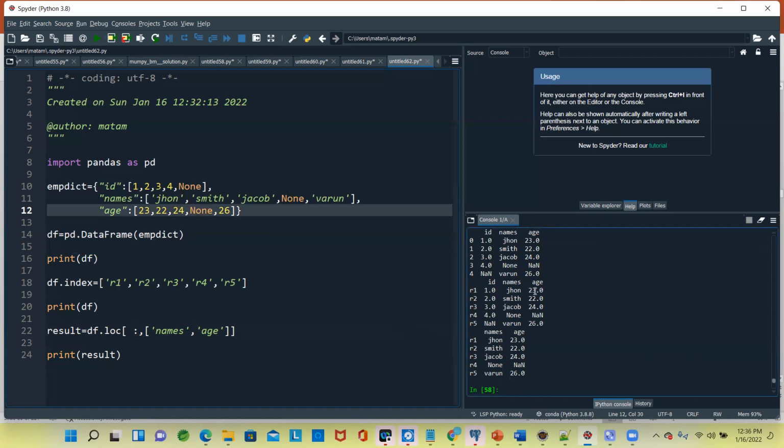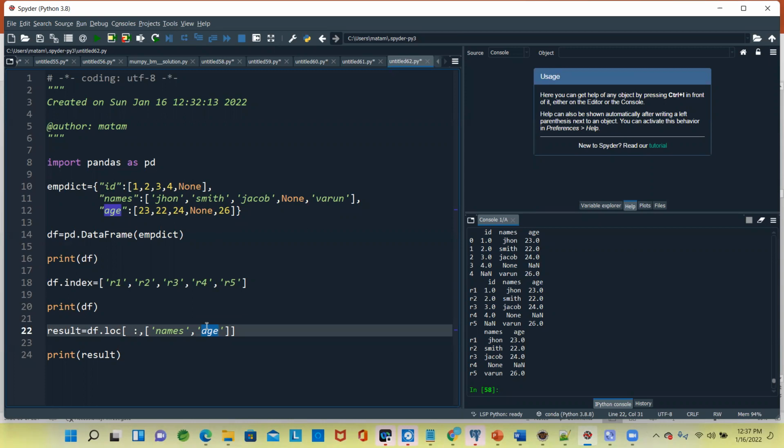But what we want, we have a data frame, but I don't want the ID. I want everything in the location which is of names and age. But I don't want the full data frame. I want a selected data frame. Yes, you can pull that selected data frame from loc. So from loc, what we understand here is that using the labels of a column and row, we can access the data of a data frame. Okay, that is about loc.